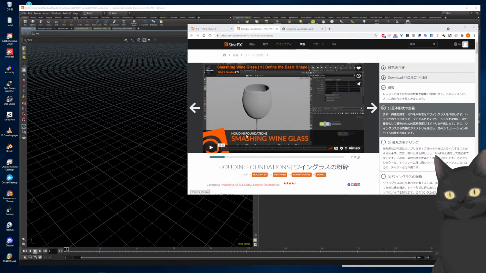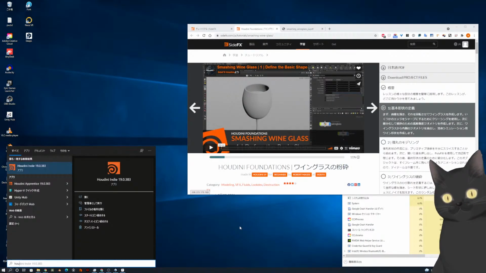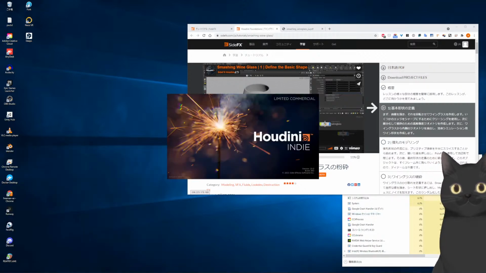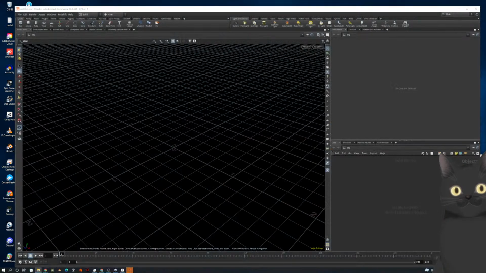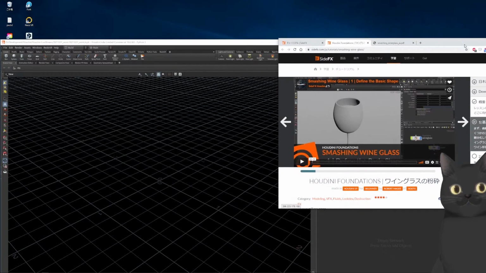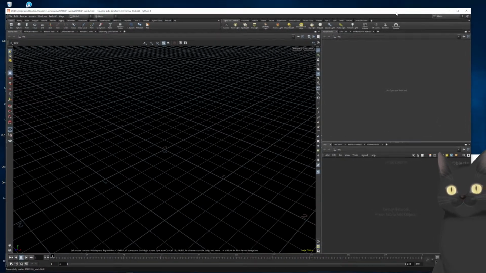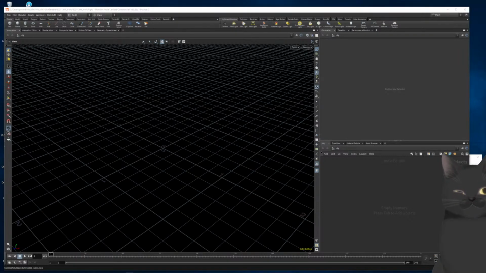これは19にした方が良さそうだな。Houdiniを立ち上げ直します。はい、形状を作るところからですね。じゃあ、動画を再生します。